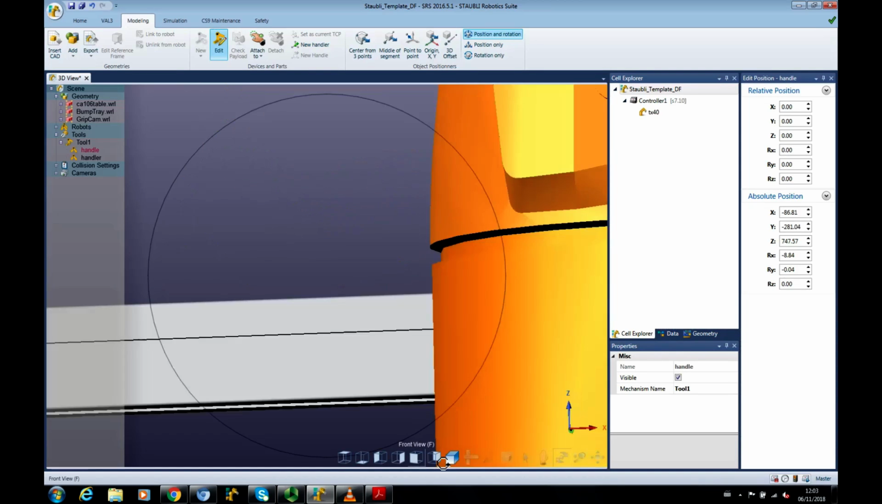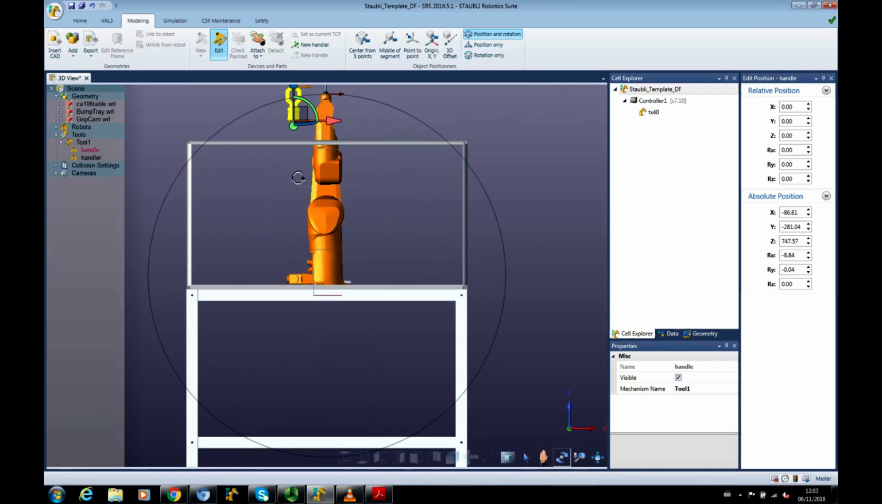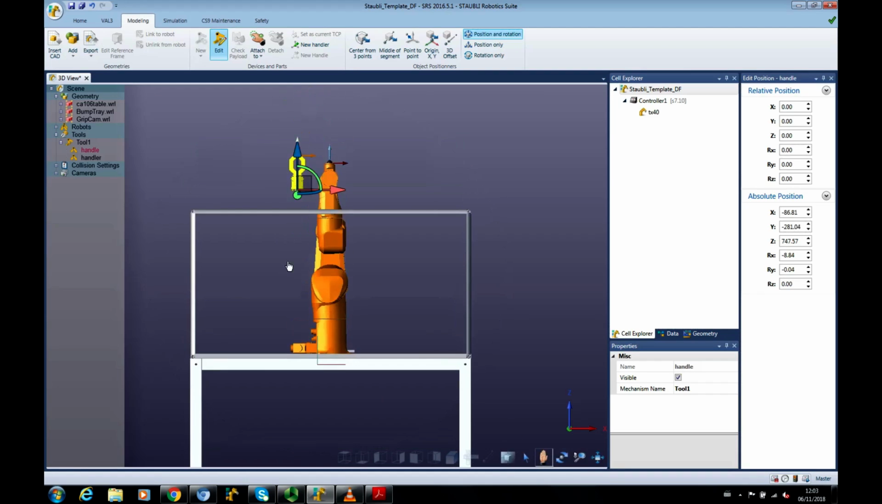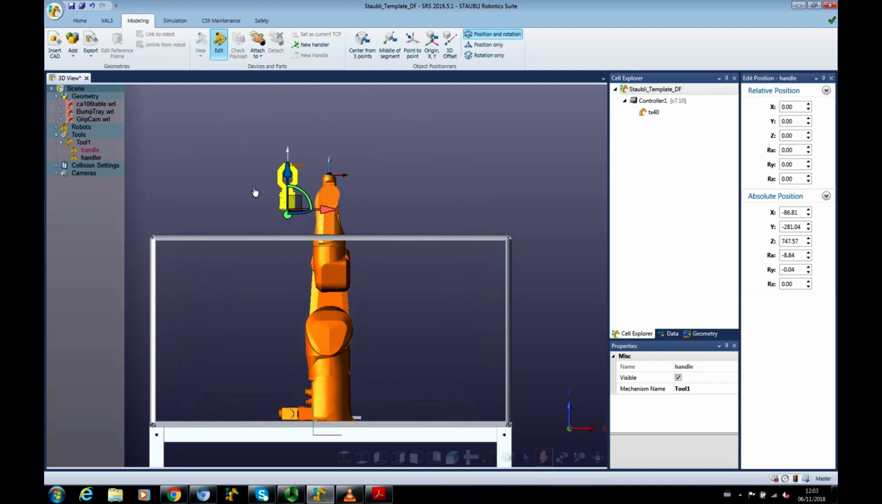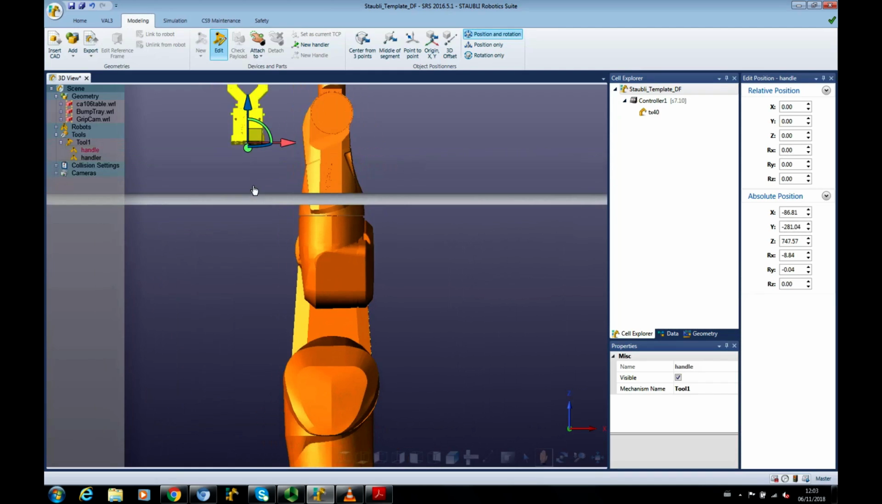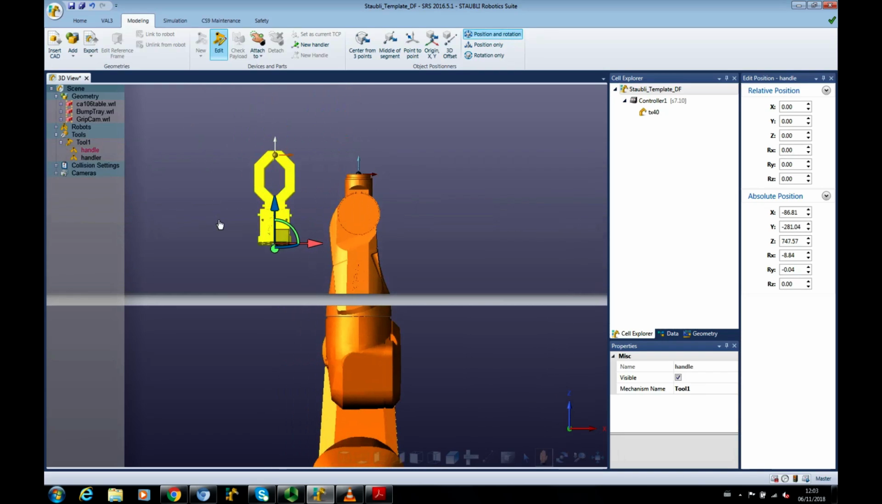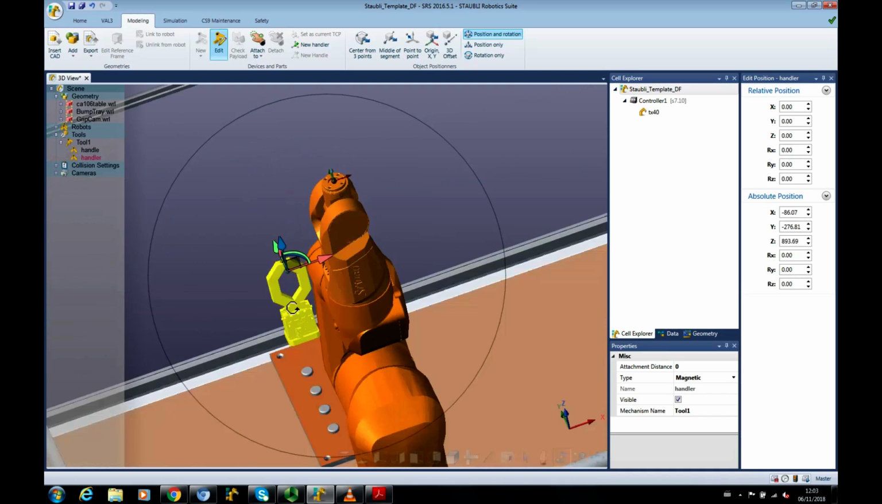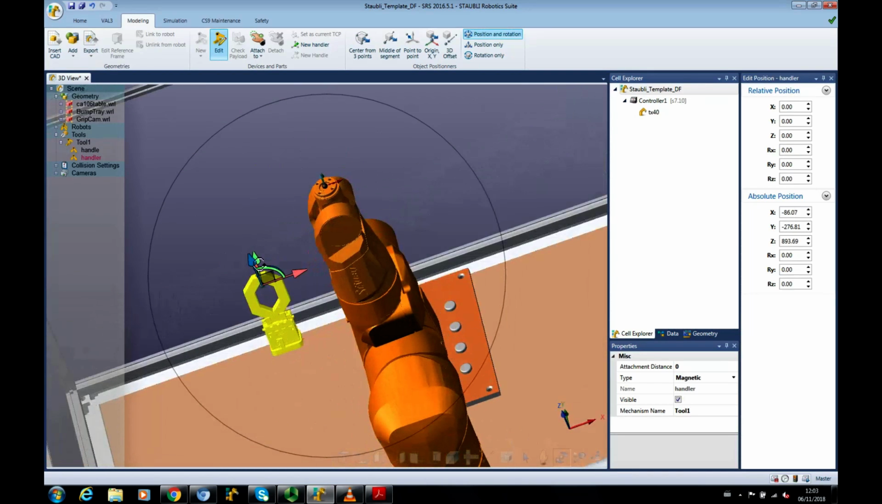So let's just maybe go to the front view, zoom right out. Okay. So that looks okay. So if we go to the handler, it's actually not so bad actually, but we are going to put it in the right position, so we need to get a viewpoint. Let's have a look, see if we can get a nice